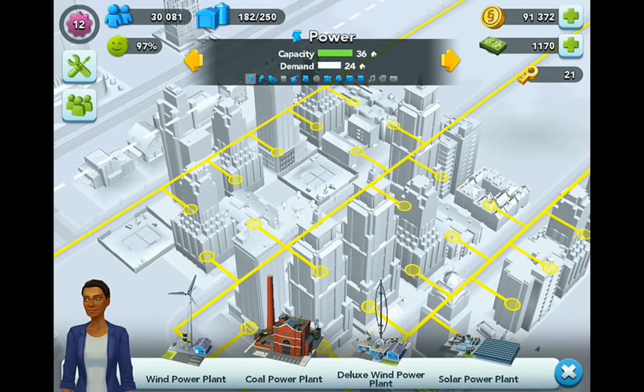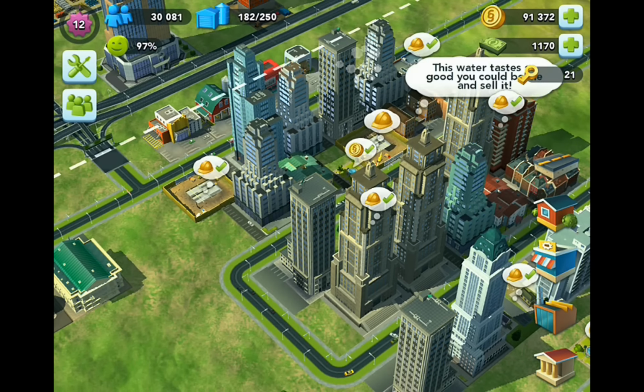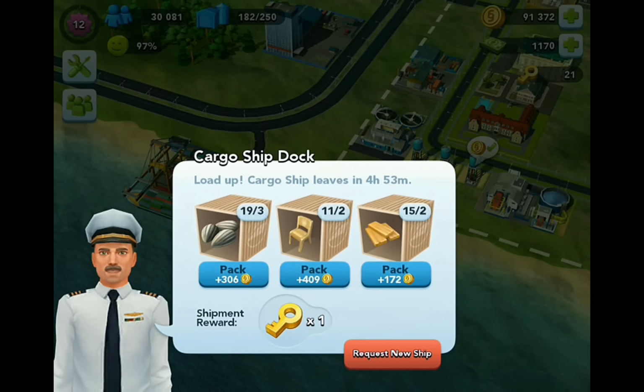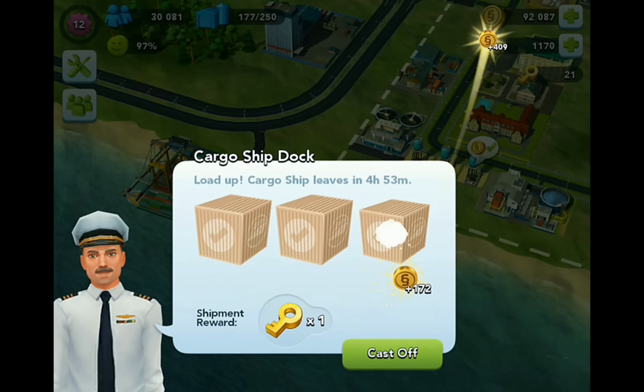So that's good. So we're going to look at golden keys, and then we're going to finish up. So let's head over to our cargo ship dock. We have a new boat in. So we're going to pack up these seeds and chairs and planks, and then we're going to cast off our